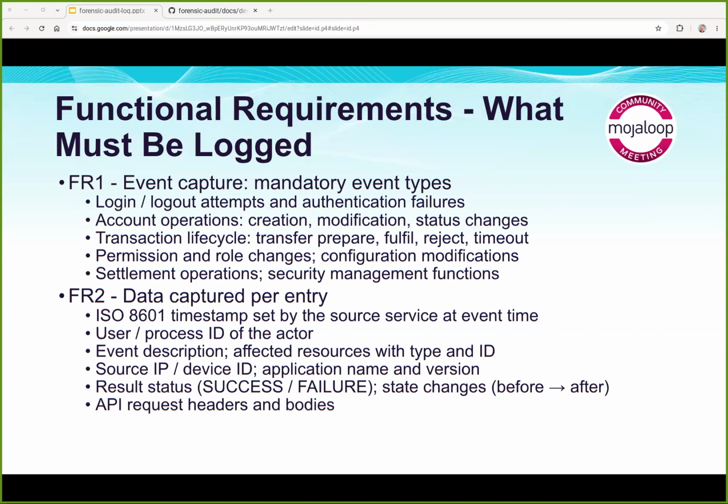We spent an awful lot of time discussing what events should be part of this forensic audit and what should not be part of the forensic audit. As a rule of thumb, one Forex transaction passing through a Majorleap hub can involve as many as 24 different API requests. So one transfer of money from one end user to another can cause 24 separate API calls, and